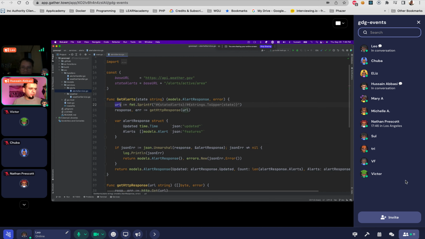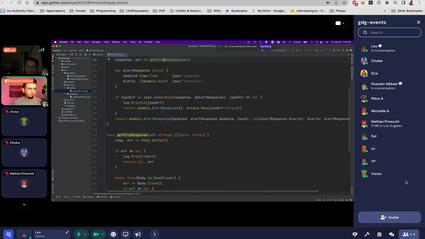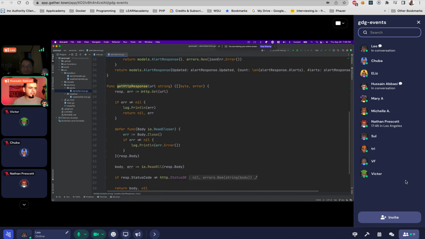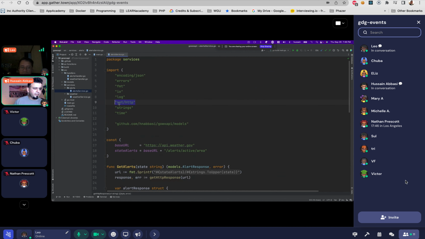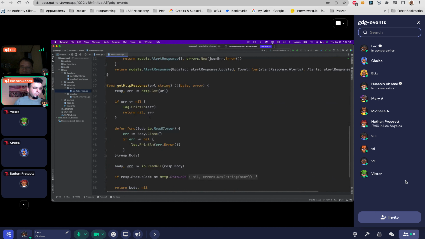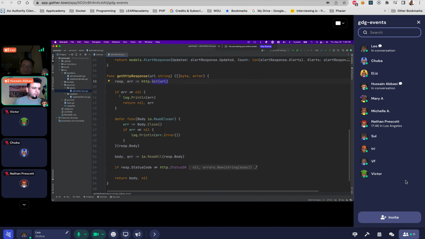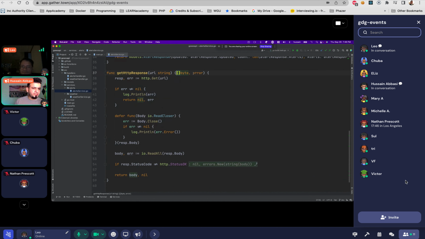So here you can see I have a URL that's just a string concatenation. Then I'm doing response or error. I'm using a generic method here called get response. It's pretty clean. As you can see, all I have to do is just use my HTTP package, which is up here, net/http, and pass in a URL. So all I'm saying is get this URL. If everything was not fine, then return an error. In this case, you can see I'm returning either a byte array or an error. If there is an error, then I'm going to return a nil and the error itself.